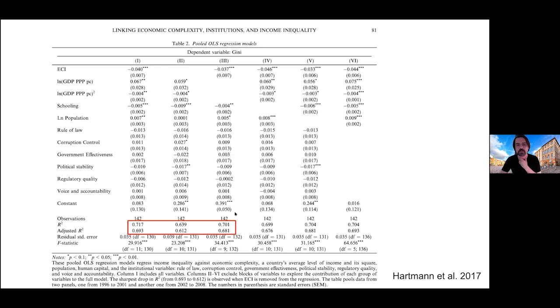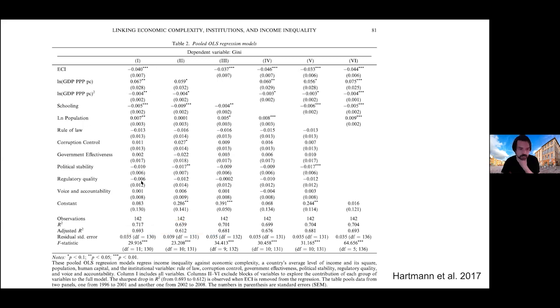When you remove, for example, GDP information, you don't lose explanatory power. So it's not just the coefficients that you're interested in, it's also how much explanatory power you have in this relationship. And in this case, ECI does much better at explanatory power than any of the other variables. So why? Well, because by being a dimensionality reduction technique, it's not trying to measure a factor, it's trying to measure the combination of factors together. So this all-of-the-above metric is capturing a lot of things that would otherwise have to be accounted for separately.